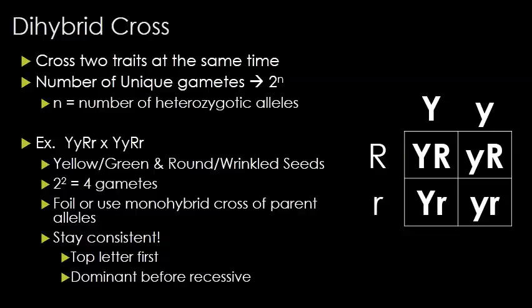Now, there's 2 ways to do that. You can FOIL them, or you can use a monohybrid Punnett square, just sort of modified with 1 letter in each box to produce my 4 gametes. So in this case, I am looking at capital Y, lowercase y, capital R, lowercase r. Now, I know, based off the formula 2 to the n, where n is the number of heterozygotes, that I have 4 possible gametes. And I can see those using this Punnett square. So these will become my gametes for my dihybrid cross in the next section.